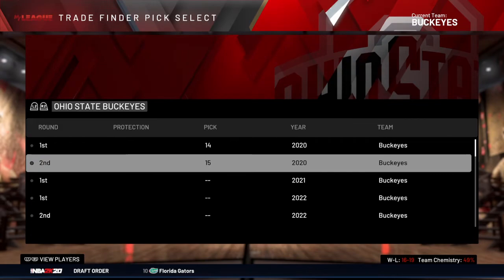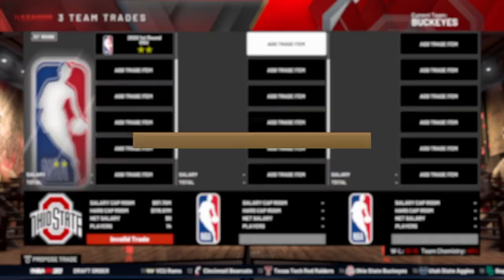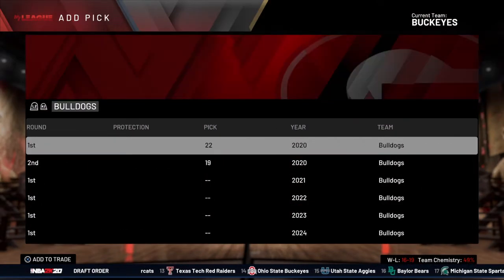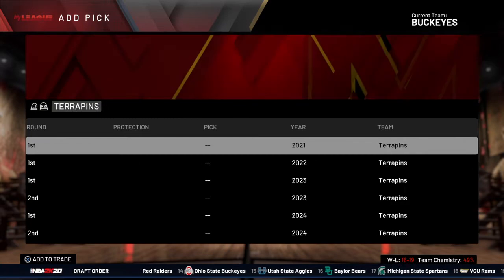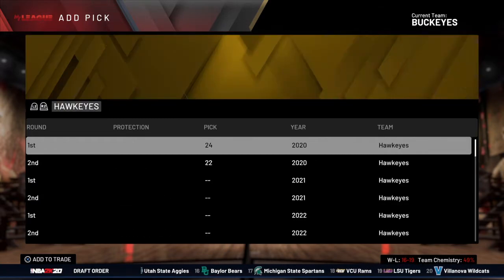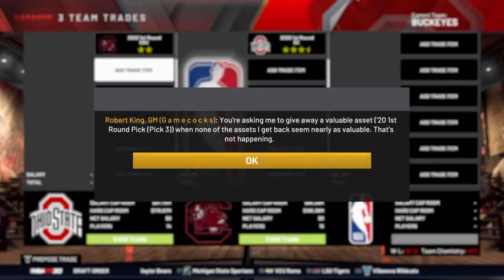Okay, so they're not offering me anything. I'm going to have to go in there manually and trade my 14th overall pick. Maybe get like the 6th pick? No, I got to get top 4, I think. If I could get the 4th pick, maybe the 3rd pick. Let's trade with South Carolina. See what happens.